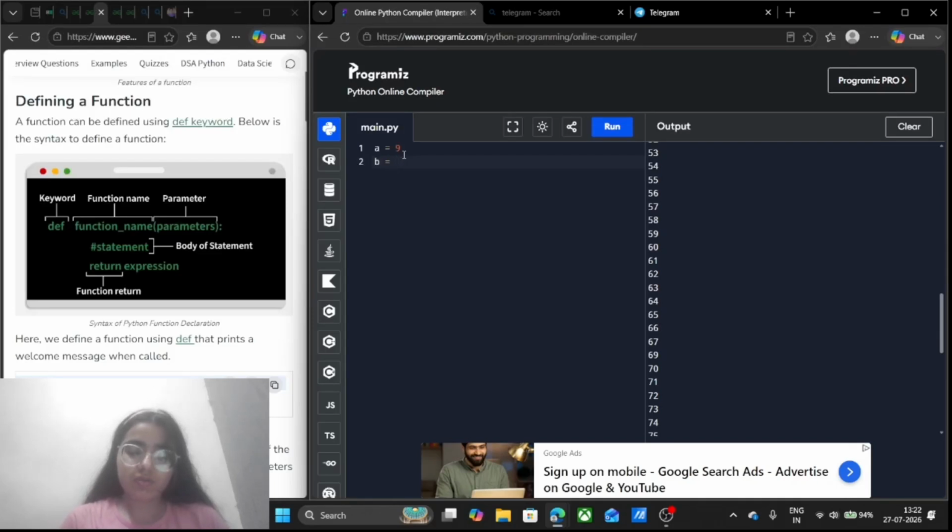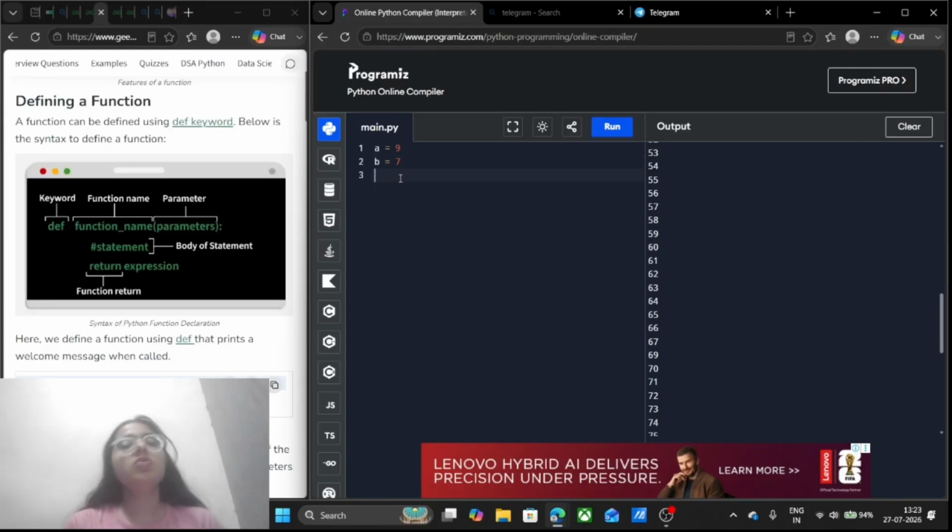Suppose I am having two numbers, a is equal to 9 and b is equal to 7. Now I have to find the geometric mean of these two numbers. I will define a variable named geometric mean, and then write geometric mean is equal to, the formula of geometric mean is a into b divided by a plus b.